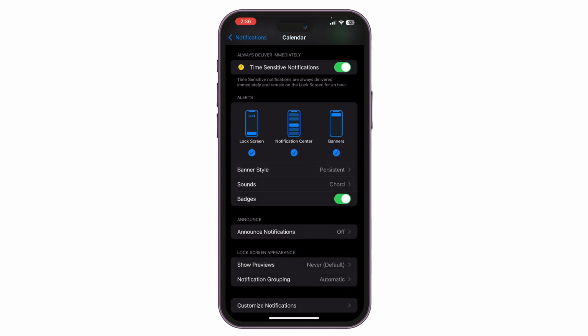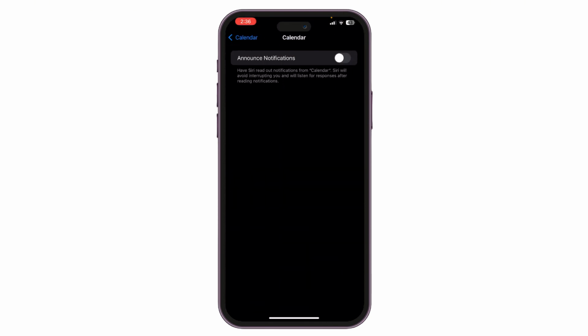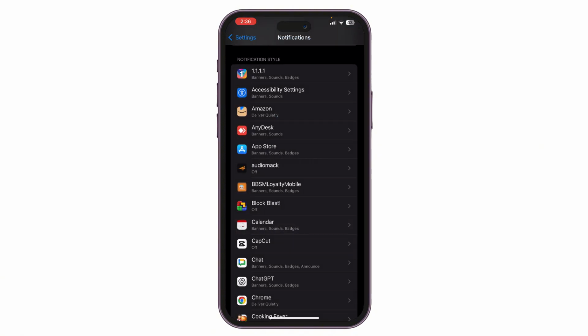So you can go back and here you'll also have to turn on badges just like this. And if you want Siri to announce notifications, you can also tap on this announce notifications right here and then enable this option. So after doing that, you can go back and now calendar application will definitely be showing their